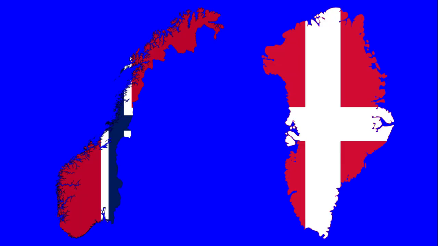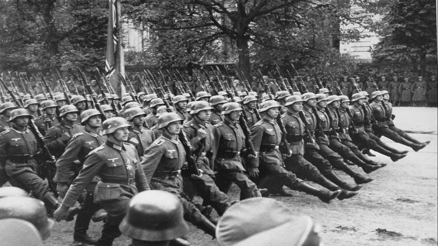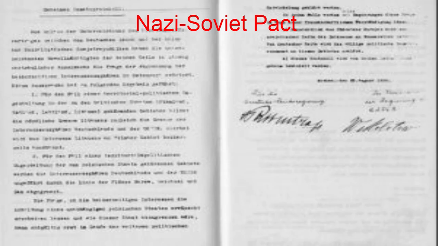He wanted to conquer Denmark and Norway, and he successfully conquered these two countries because they didn't have a strong military to defend themselves against the Nazis. After that, Hitler wanted to conquer the Soviet Union. He thought that once he had conquered the Soviet Union, Germany would become a superpower. So he gathered a big army to conquer the Soviet Union, and then he violated the Nazi Soviet pact and